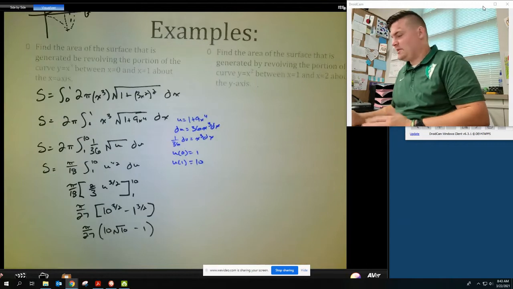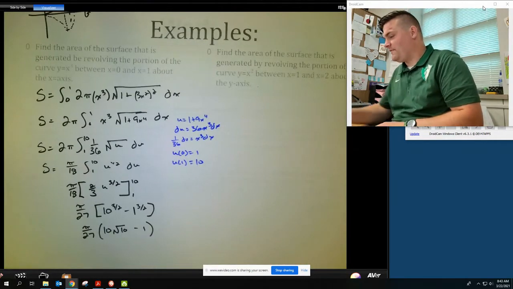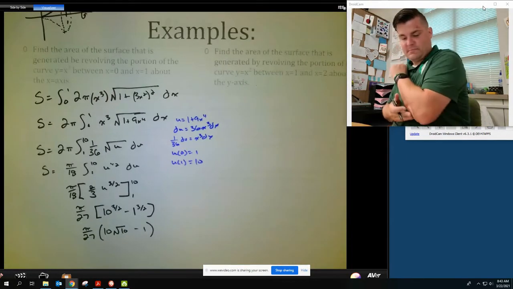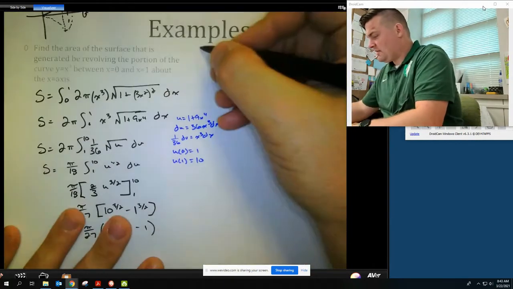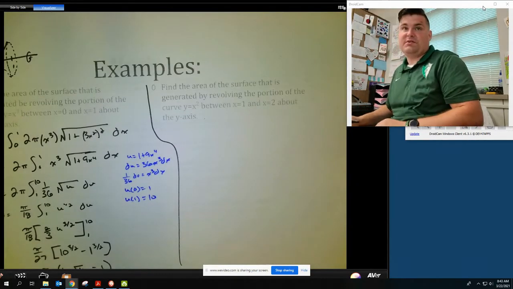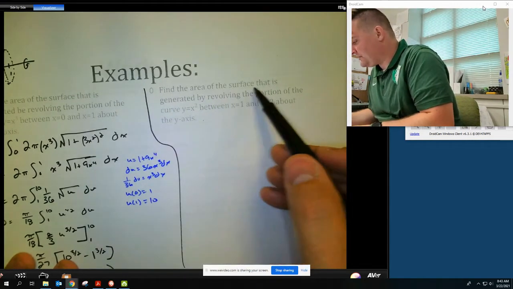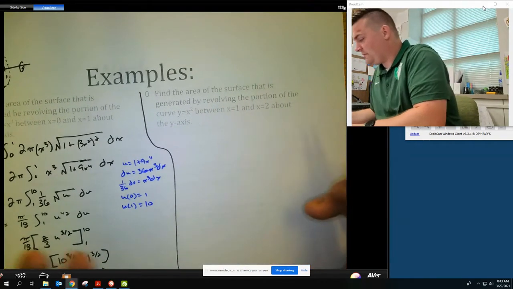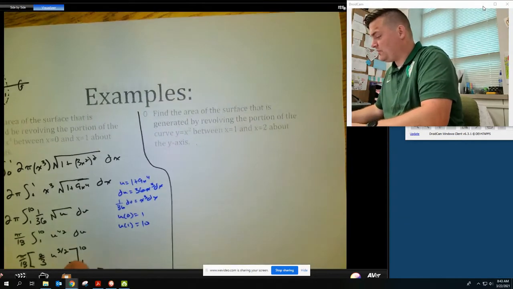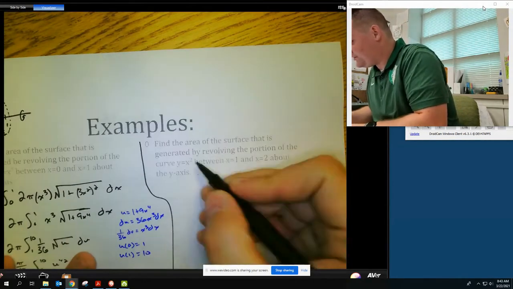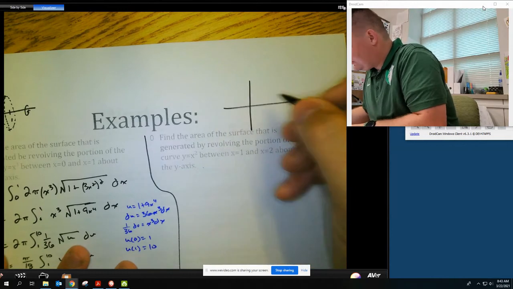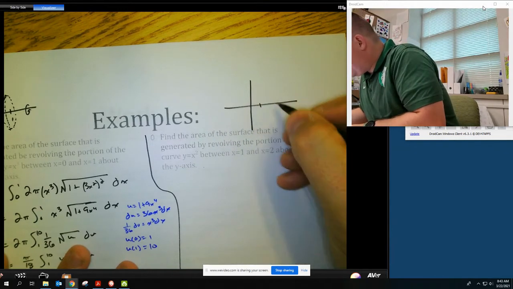And that's it. So that's the surface area of that figure right there. Okay. Do the same thing right here, but now we're going to do it around the y-axis. So we're going to find the area of the surface that is generated by revolving a portion of the curve y equals x cubed between x equals 1 and 2. It's not cubed, squared. So x squared between 1 and 2